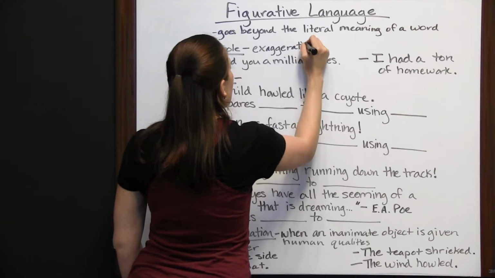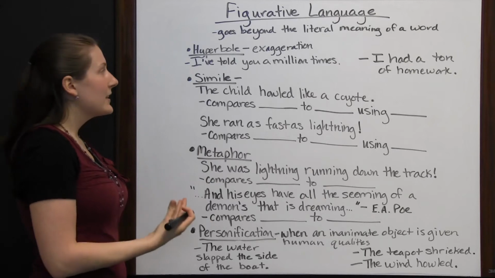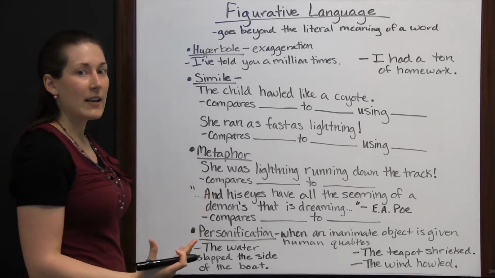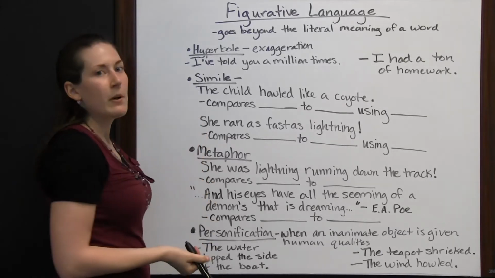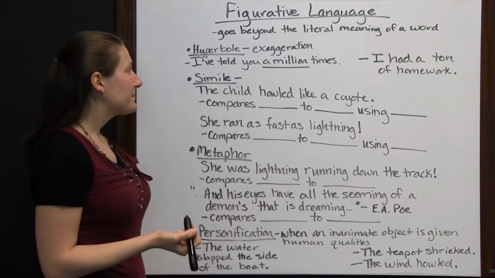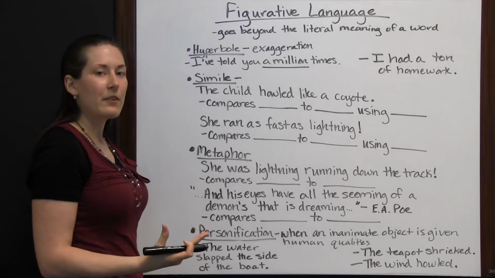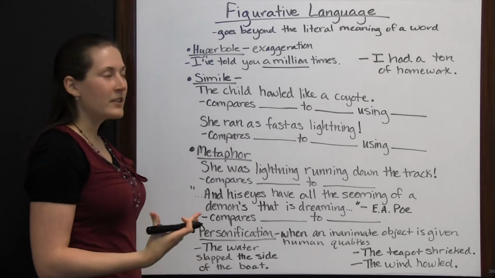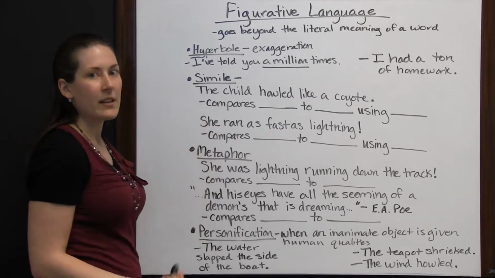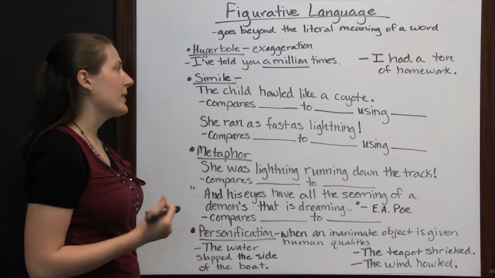People will say something and you aren't meant to take it literally. You're meant to know it's an exaggeration, but it's there just to emphasize how strongly the author is trying to convey something. For instance, I've told you 1,000,000 times. I bet some of you have probably heard that one. And 1,000,000 times, really? Probably you haven't heard whatever your parent or teacher has said they've told you a million times. It's an exaggeration. It's hyperbole. It's meant to emphasize that they've already told you this a lot more times before now.